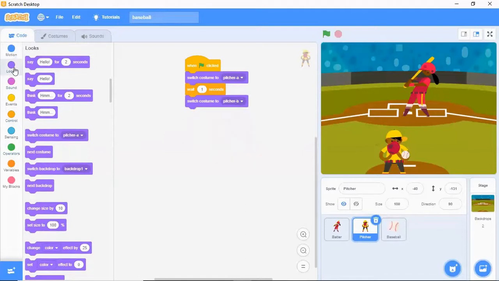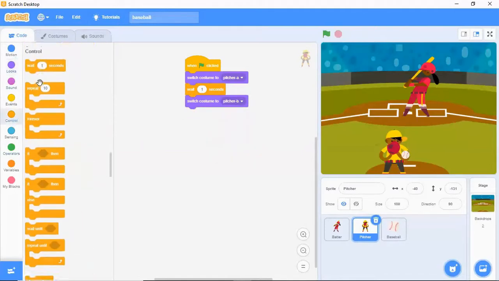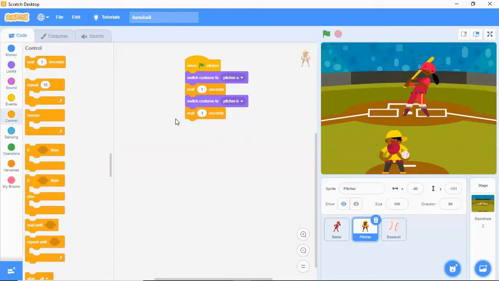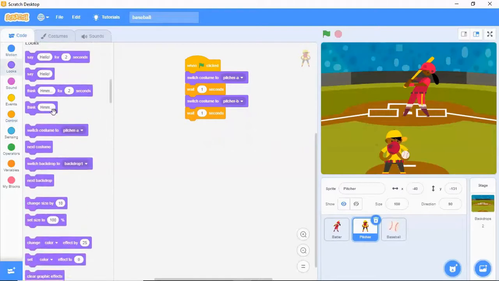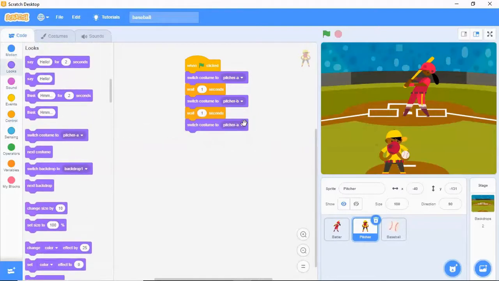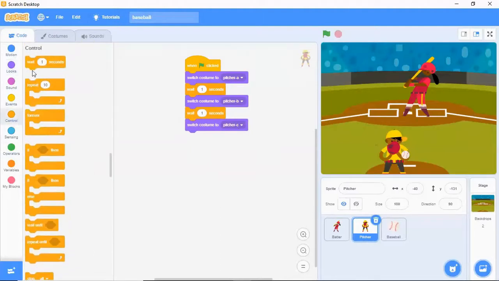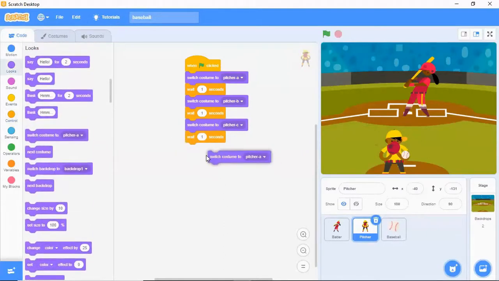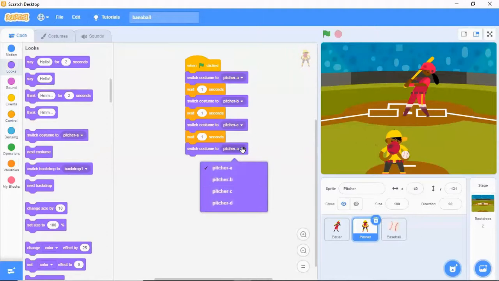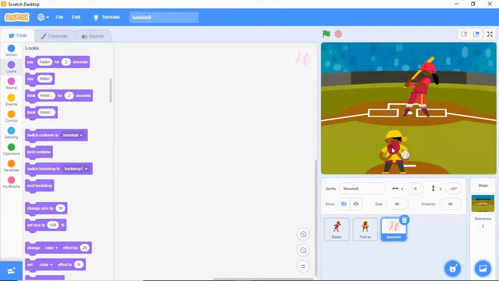B. Wait time. Switch costume to picture C. Then again wait time. And then the last costume.